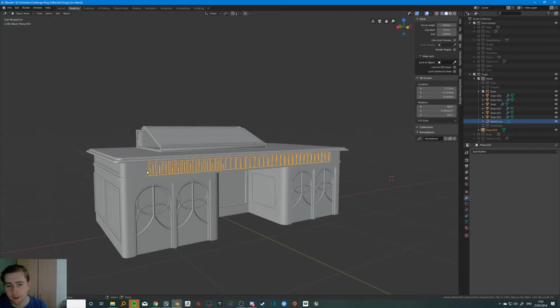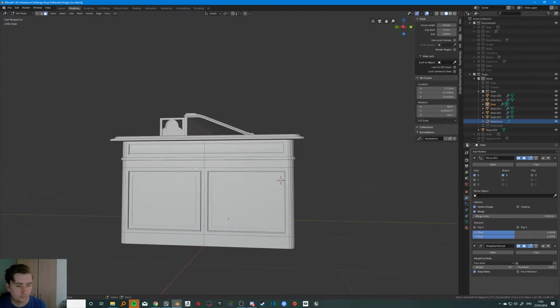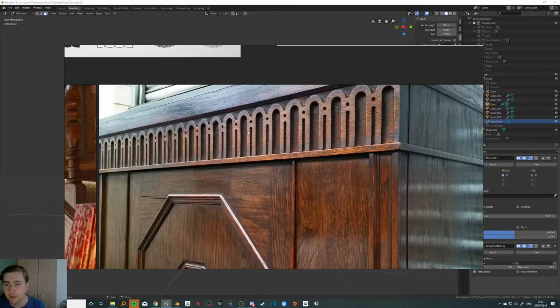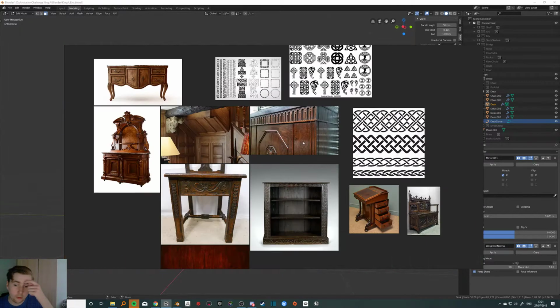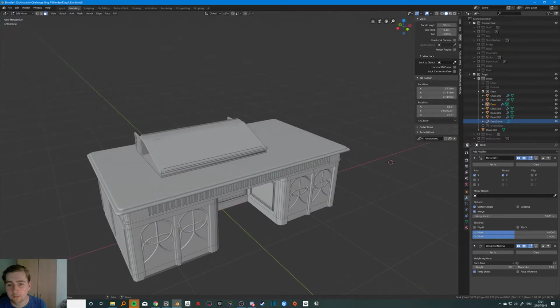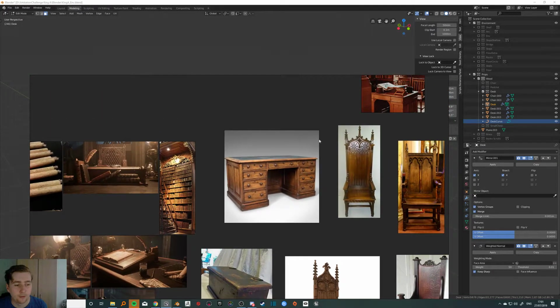I think I'll do that on both sides, even though it's going to triple the poly count, you know. Reference, so I stole the top bit from that. I don't want to do draws, so the top of this is the top of what I've got. All these draws, I don't want them, but I took this middle section and I've taken this side, and the top section here I've replaced with